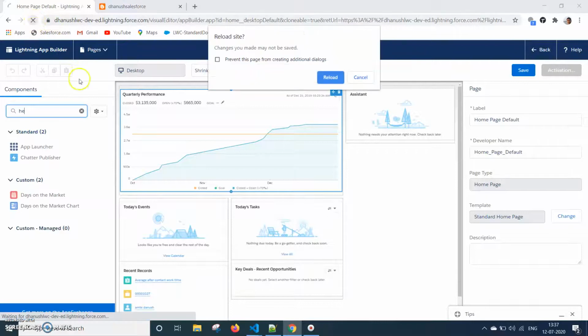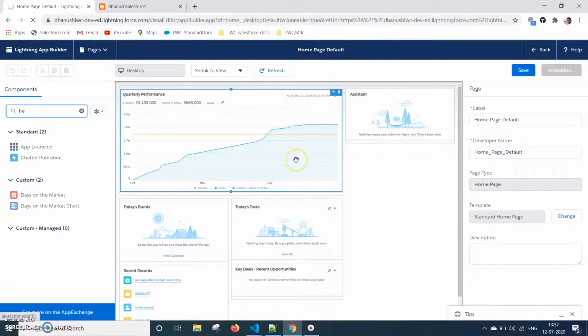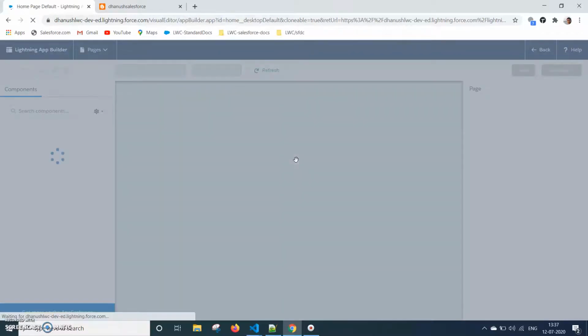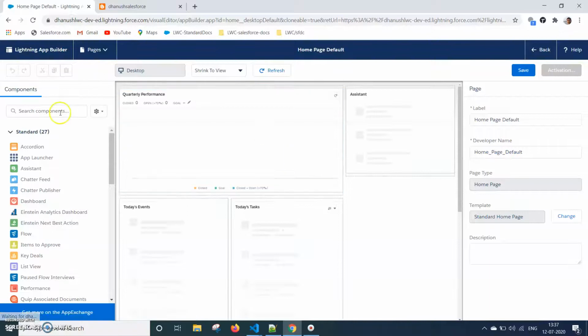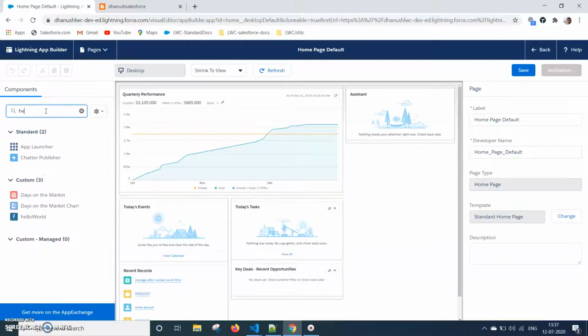Now refresh the Lightning App Builder page. Now it should come because we have changed isExposed from false to true. So it should display here. Yes, you can find the hello world component here.